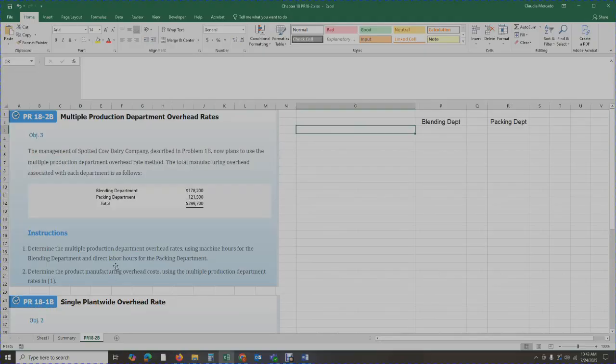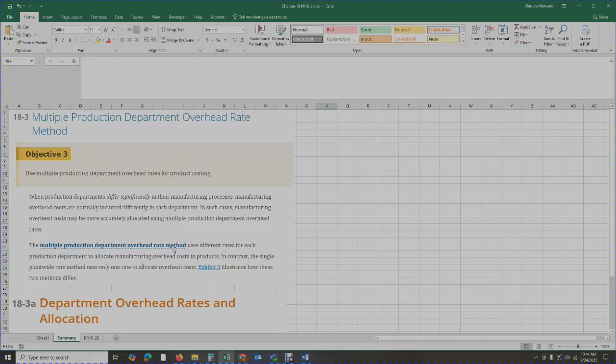So this is what I recommend students do. They look over the problem, it relates to a specific objective, you go back to the objective, you reread that section, and that way you have a better understanding of what's going on. So the multiple production department overhead rate method uses different rates for each production department to allocate manufacturing